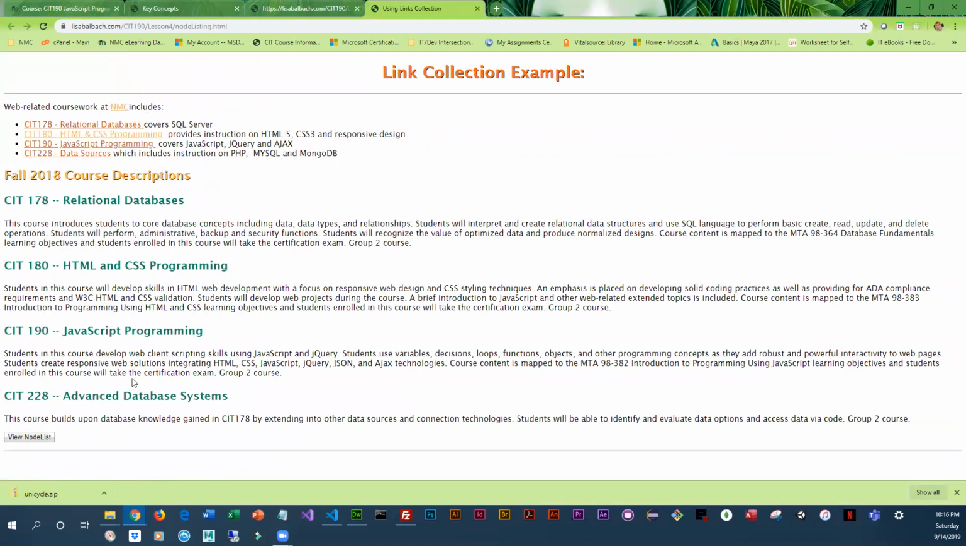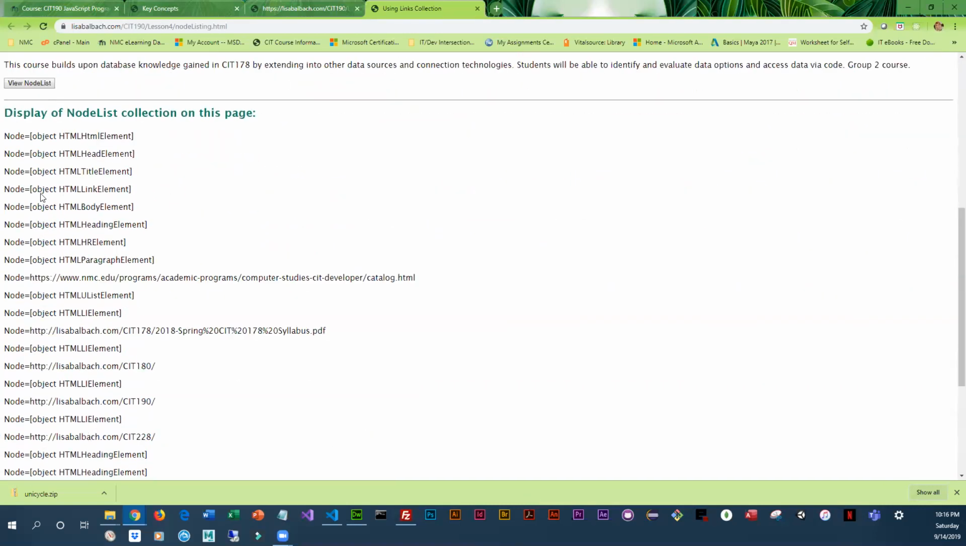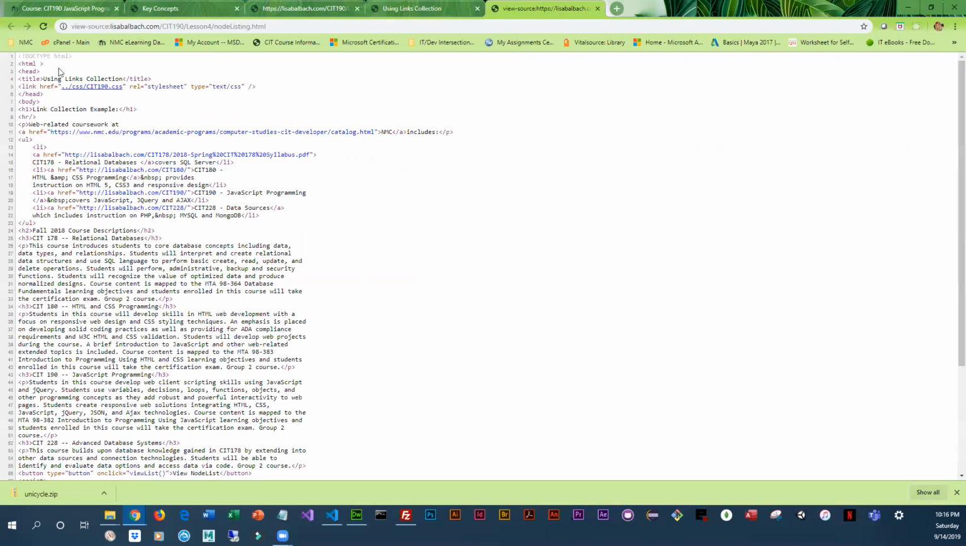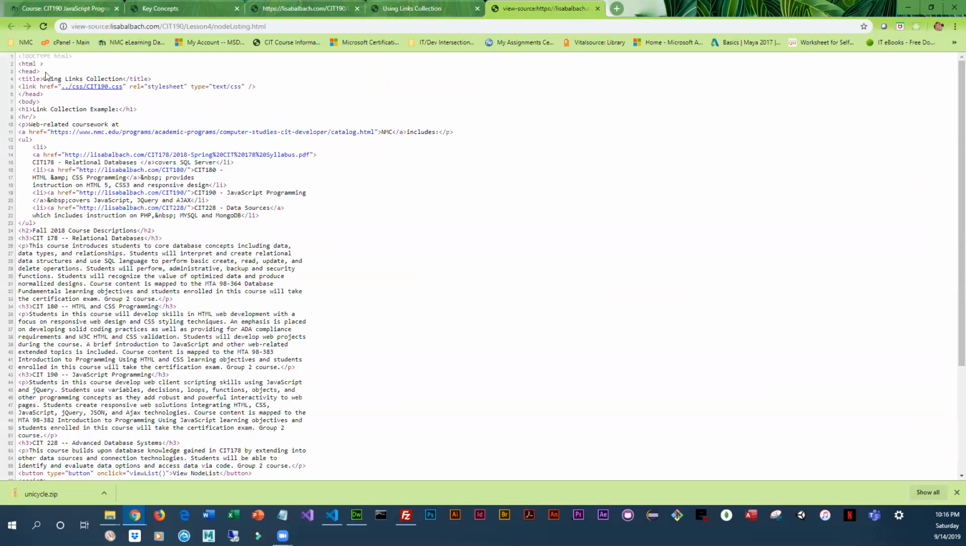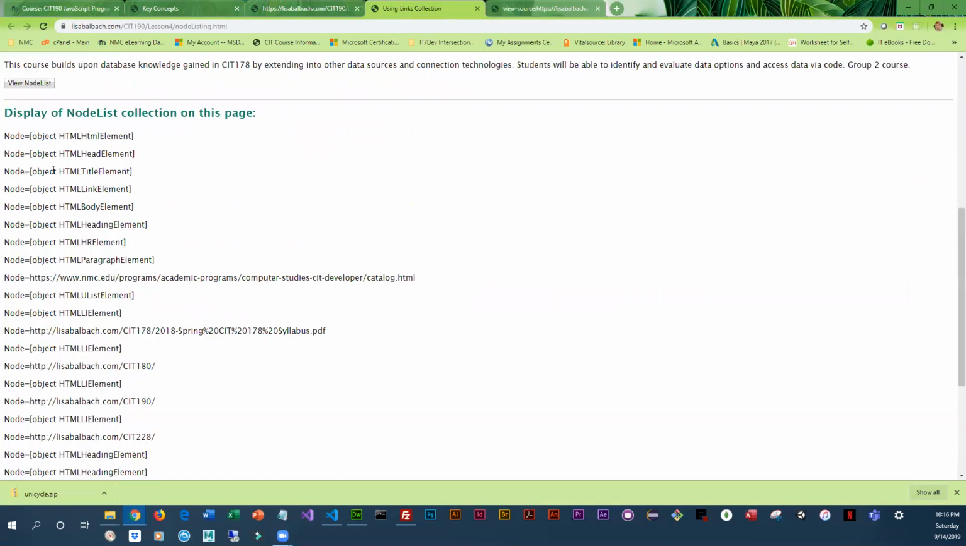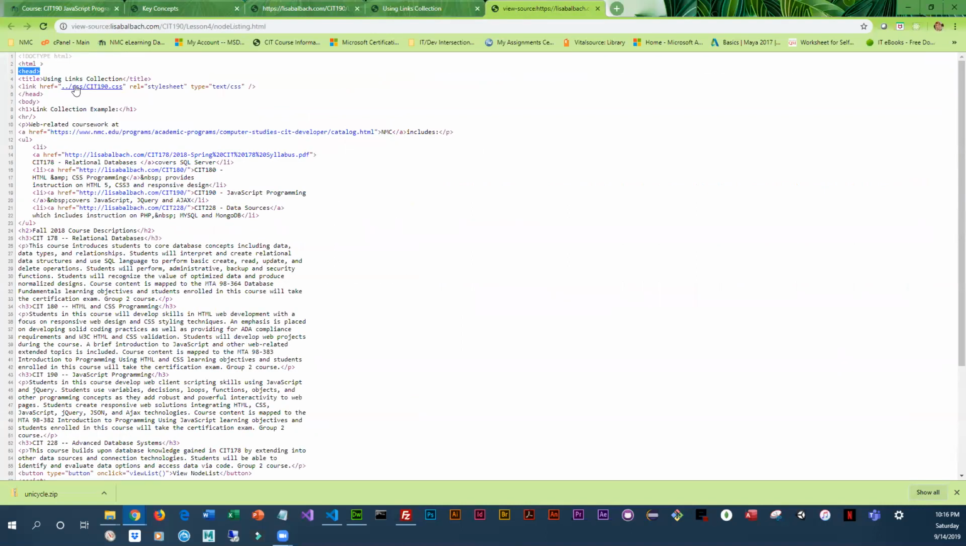So here we've got a little links collection, and if we wanted to view the entire node list, you can see node equals. So the first one was an object. Let's see, the HTML element. So this in your code, what it's referring to is this. Okay, and then we've got the head element. It is referring to this. Title element, you can see